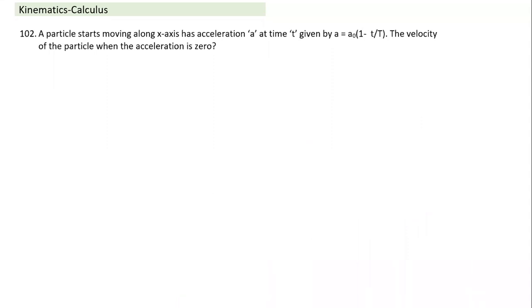This is a fairly simple question. I think most of the questions are simple because they involve simple integration and differentiation. A particle starts moving along the x-axis with acceleration a. This is how the acceleration is, this is constant here. And this is how the acceleration is. So what is the velocity of the particle when the acceleration becomes 0? We can easily solve that one. All of you can just easily solve it. I'll give you a minute. What is the velocity of the particle when acceleration is 0?